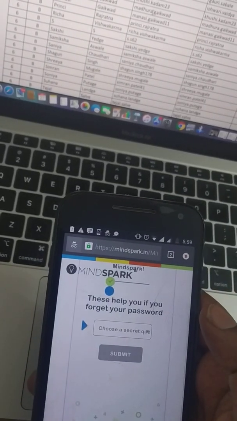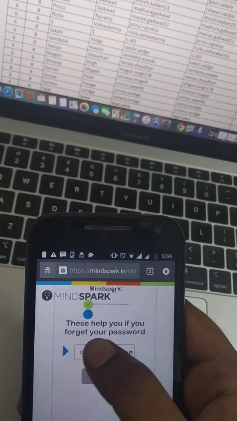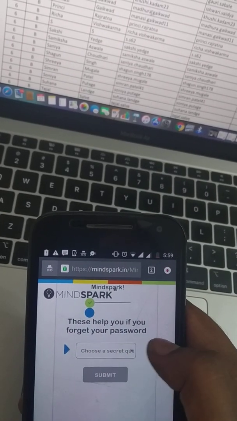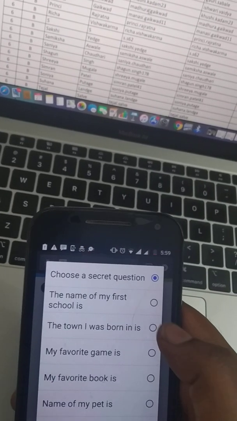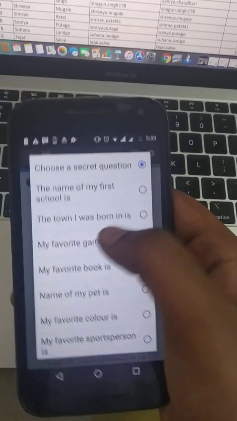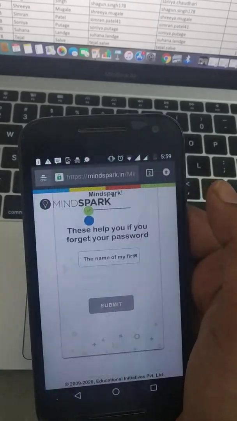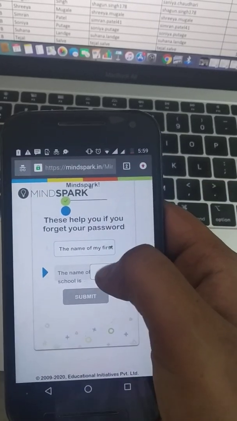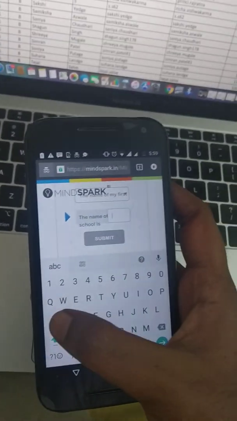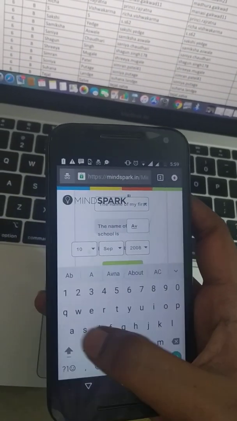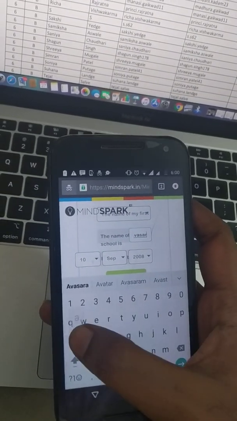Then I'll go next. Then they will ask, these help you if you forget your password. Choose a secret question. So here it is like the name of my first school. What is the name of my first school? If this is the question, what will be the answer? It will be Avasara. AVASARA.